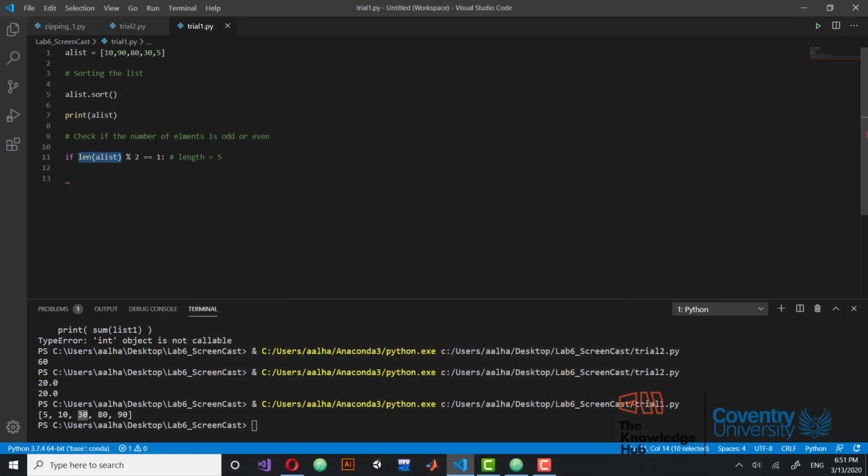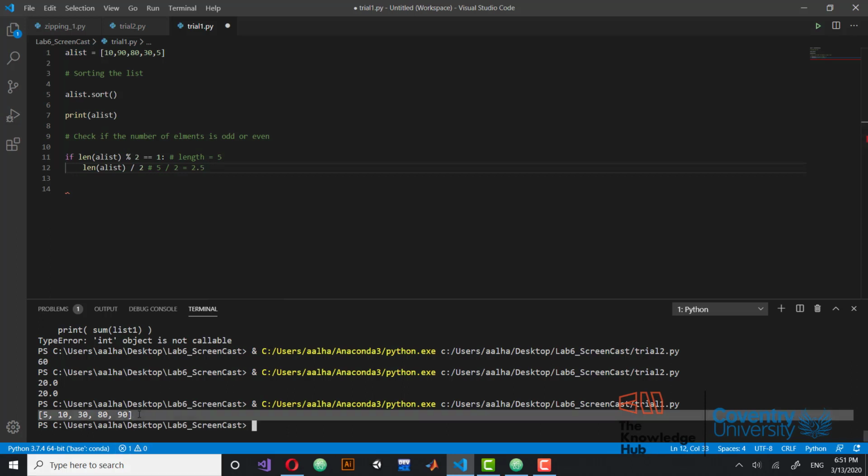So we are using whatever pieces of info we can get from this given list, right? This is the point of making a case study on something. All right, so now we have the length of a list. Now let's say the length of a list, I'm going to use it again and divide it by 2. Remember that the length of the list is 5, and 5 divided by 2 is going to get you 2.5,